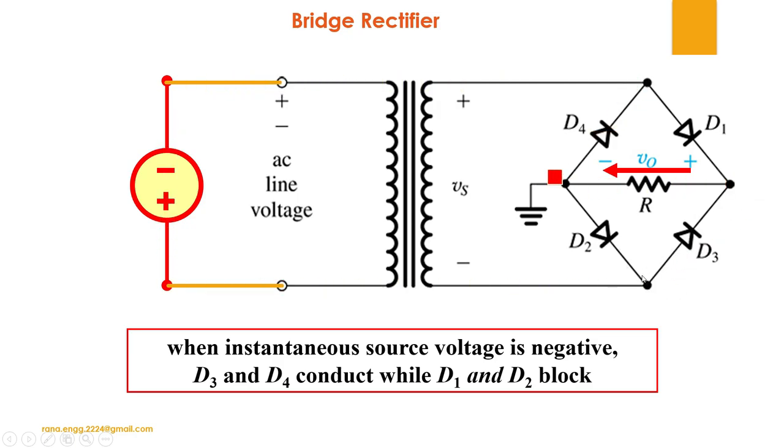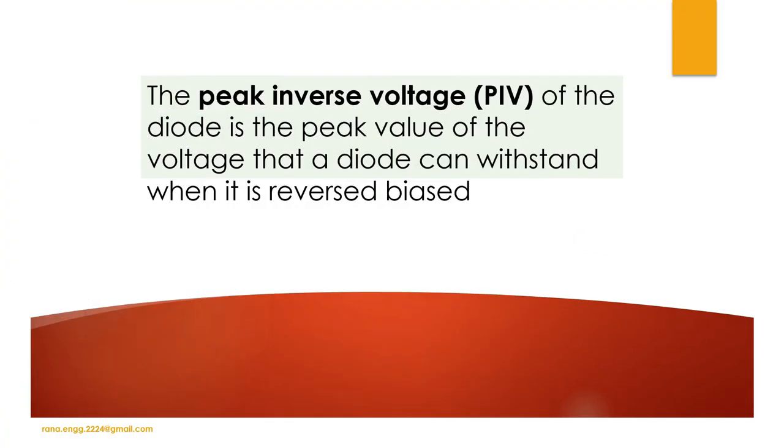But if this particular current wants to go across D2, it cannot go in the opposite direction. It will become reverse bias. So it will go from D3, then the resistor, then D4, and then back. So in the second, negative half cycle, we have D3 and D4 on. We'll get output due to D3 and D4. This is the simple structure.